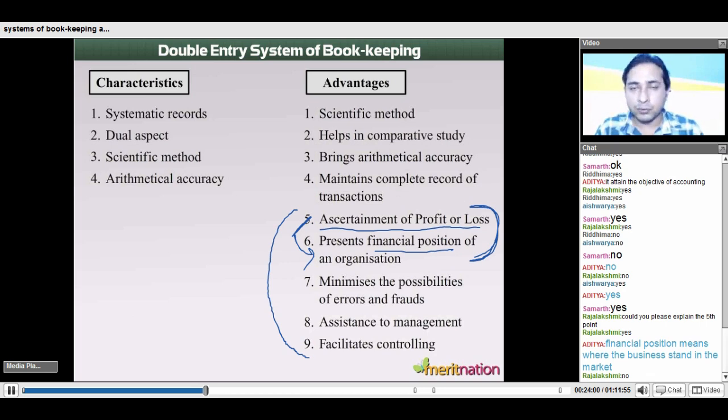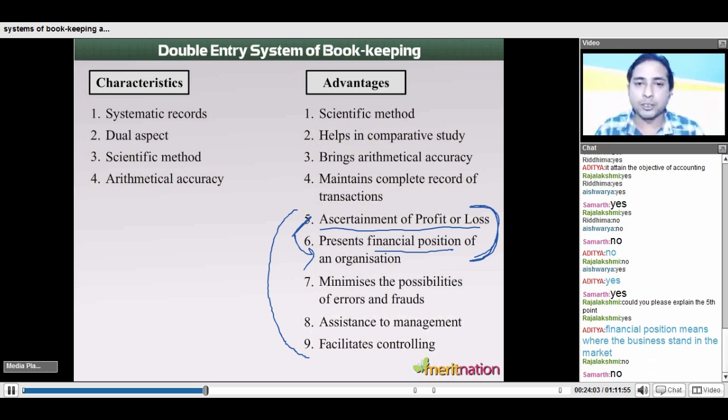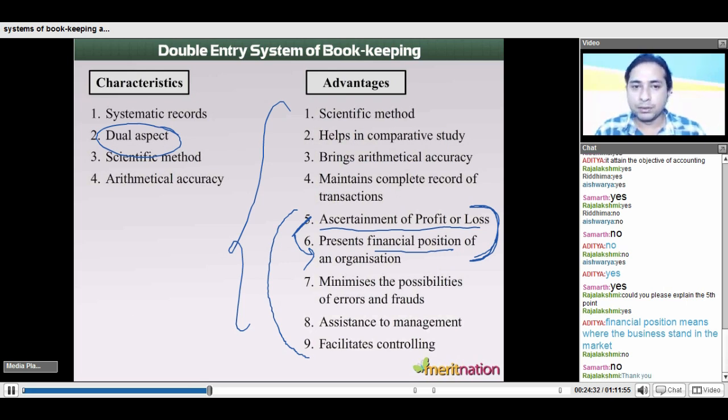So that's why, every advantage of double entry bookkeeping is basically related to the characteristic. We maintain the dual system, so it ensures that everything is intact. We have complete coverage of the records, we record each and every transaction, we maintain the proper data as per double entry system, and that is why we have so many advantages of this. Guys, do you know that in accounting, in the real world, 99% of people follow the double entry system?